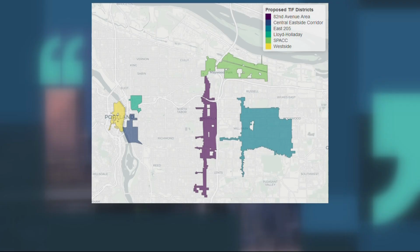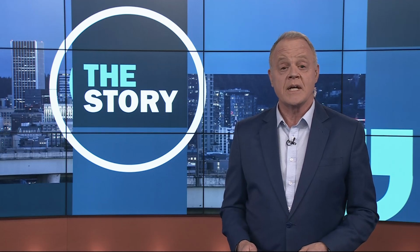There's one that stretches from Old Town to most of downtown Portland, a couple in the central East Side, and 3 big ones in East Portland. We talked to one of the city's new incoming councilors from District 1, that's East Portland, to see what they think. City Councilor-elect Jamie Dunphy has some reservations about it. I have some deep skepticism about TIF in general. I think that it has the potential to be a great tool that can bring targeted, geographically based development and